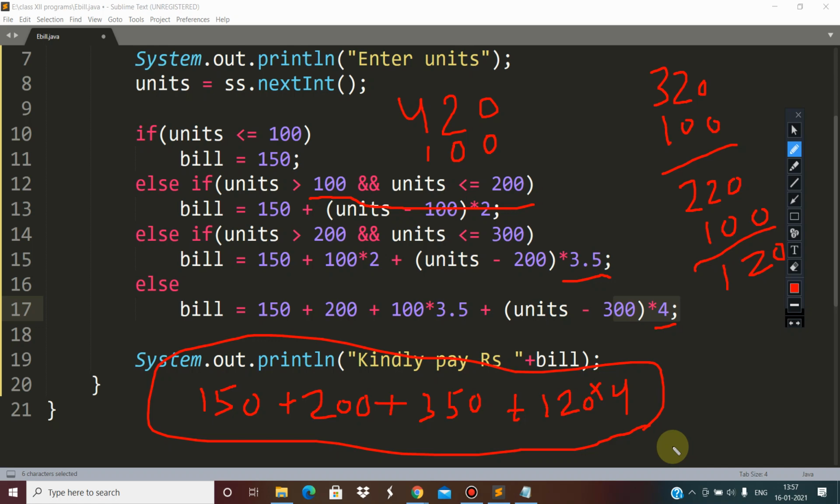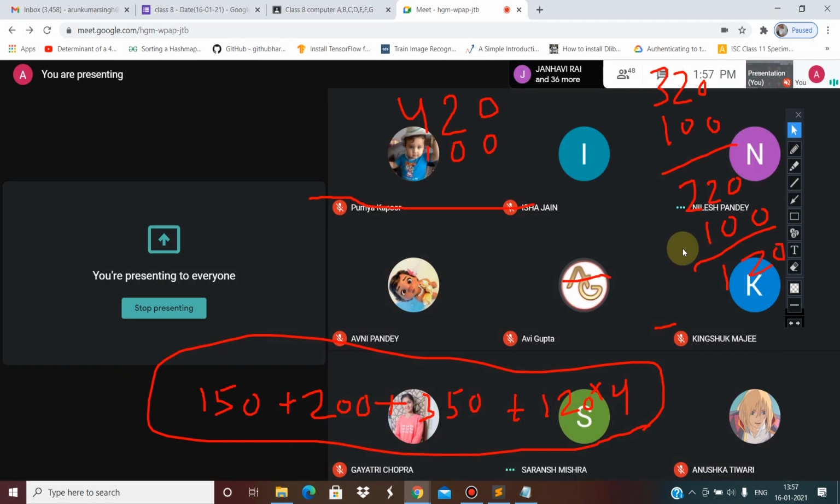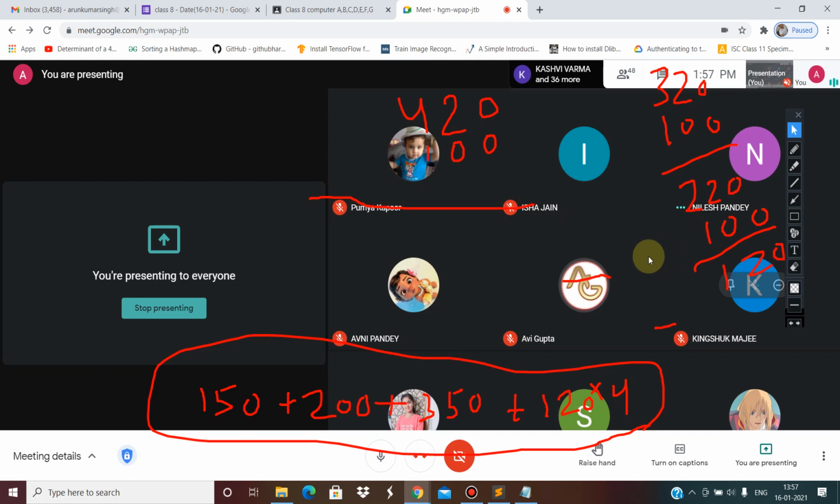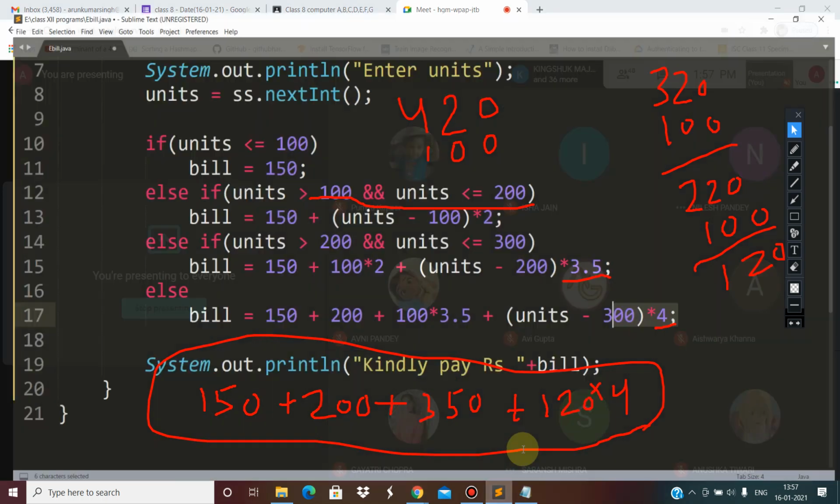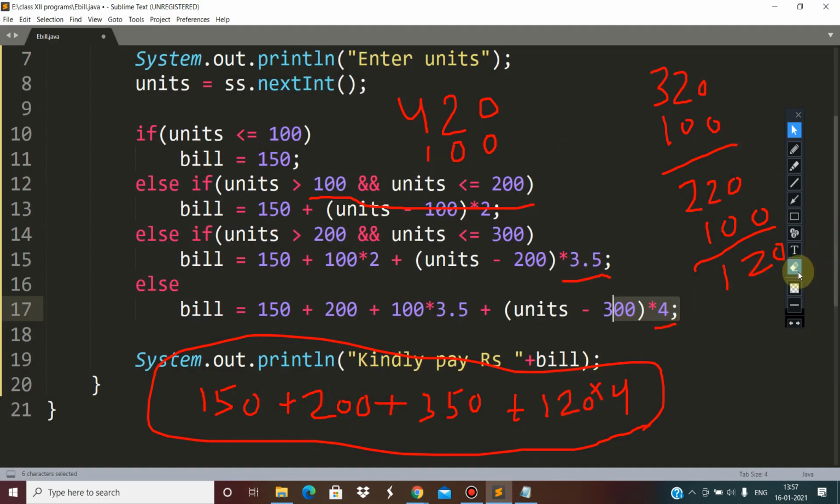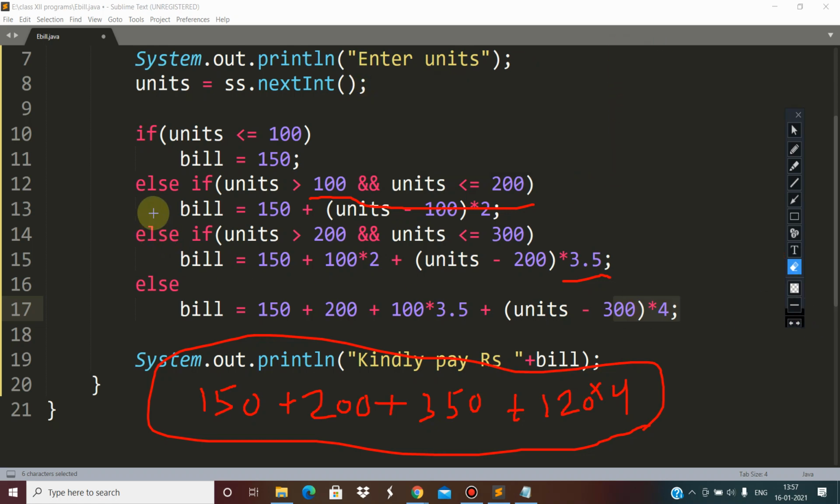Any problem, children? Understood or not? Understood. Yes. Anybody who has not understood, please tell. Arnab Ghosh, understood? Avni Pandey. Yes, sir. Anybody else who has not understood? Clear? Okay. Children,